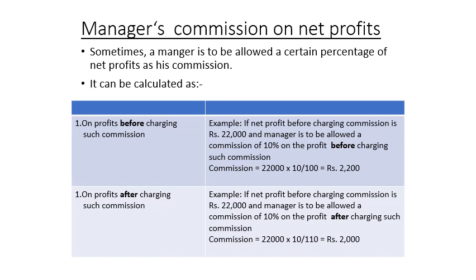The formula is: first the net profit before charging commission is to be taken, then multiply by the rate and then divide by 100 plus rate. So here you may see the 20,000 is multiplied by the rate 10%, and divided by 100 plus rate, means 100 plus 10, as the rate is given 10%. So the result will come 2,000. This is to be the manager's commission. So the divisible profit will remain 22,000 minus 2,000, that is 20,000, which will be divided among the partners after the adjustment of the commission.